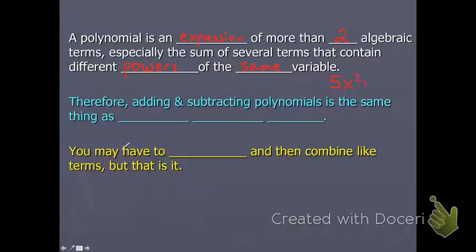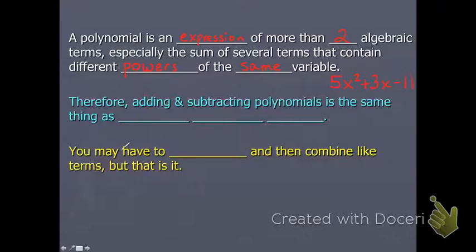We have 5x squared plus 3x minus 11. We have three different terms. We have different powers. We have 5x squared, we have 3x to the first power, and then we have a constant of negative 11. And it's an expression. There's no equal sign, there's no inequality sign. So when we're dealing with polynomials,